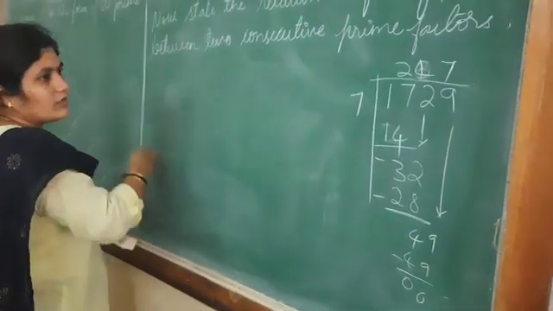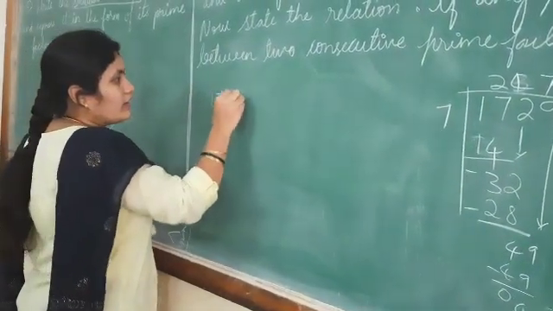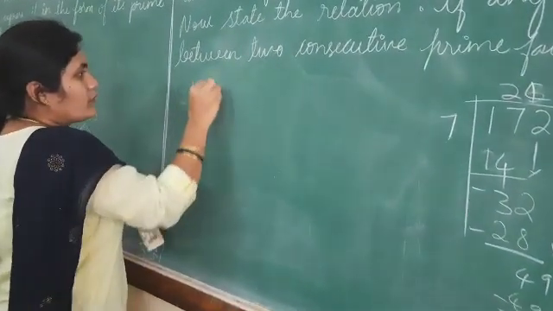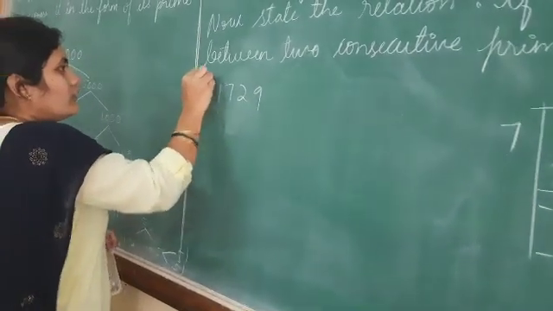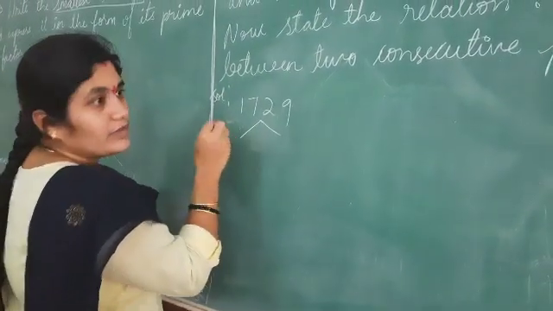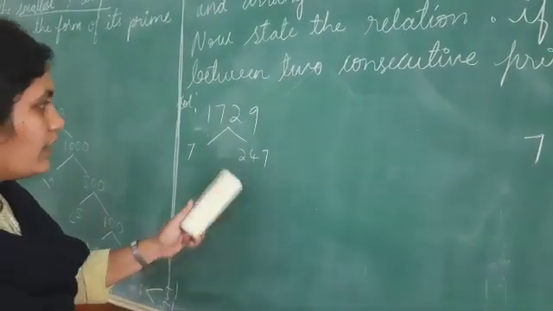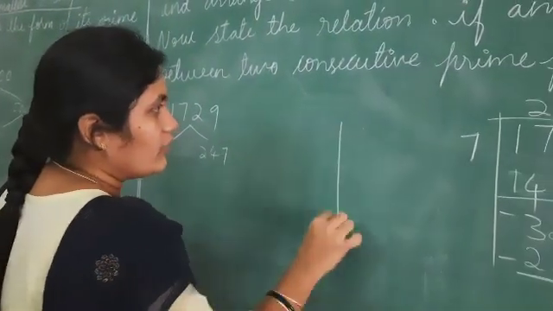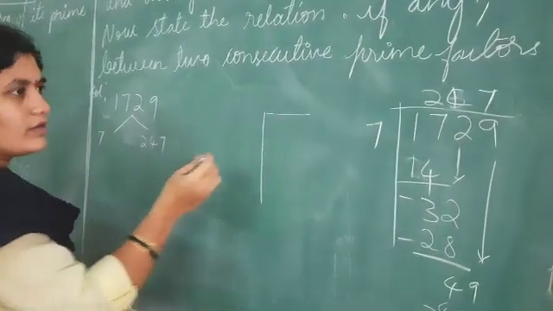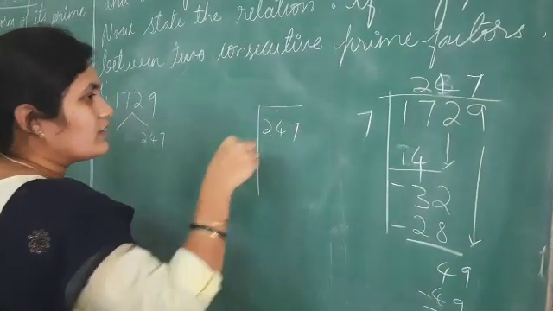Let me write here: 1729 can be written as 7 into 247. Now you divide this number again with any of the other numbers, or else 7 also you can take. Let me take any number: 2, 4, 7,